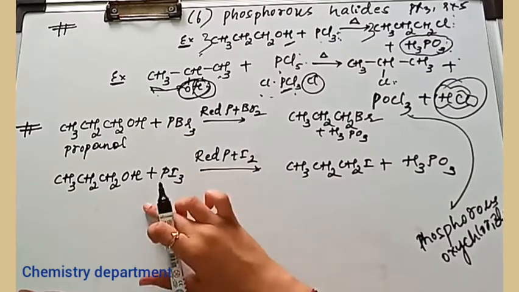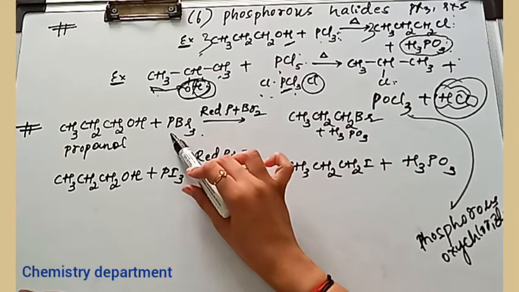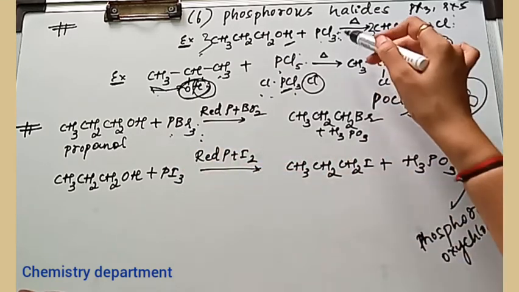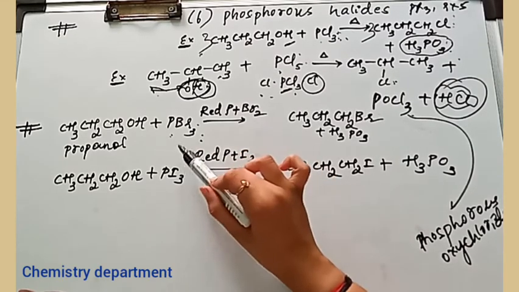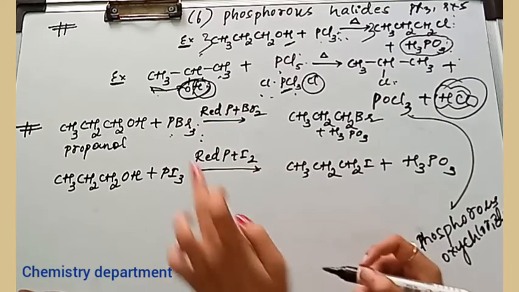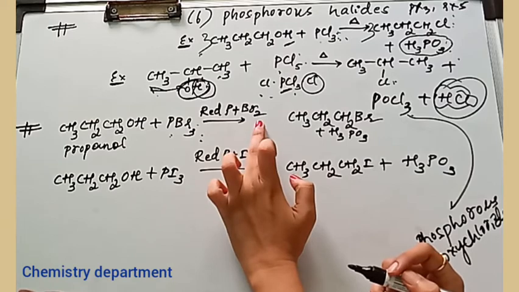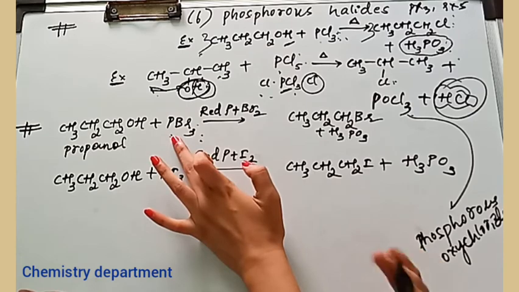The same alcohols, that is propanol, when I am using with tribromo phosphorus or PBr3. What happens in this reaction is, PCl3 and PCl5 are relatively stable, whereas the bromide and the iodide compounds are a little unstable. So we are going to prepare them and then react that with alcohol, instead of directly adding the reagent. So PBr3, whatever I have written here, is formed when red phosphorus combines with Br2. When these two are combined, there is a formation of phosphorus tribromide.